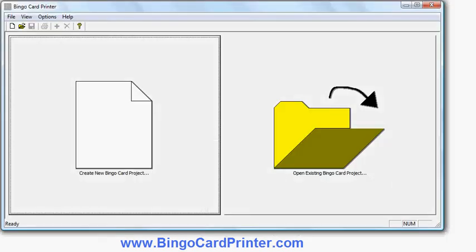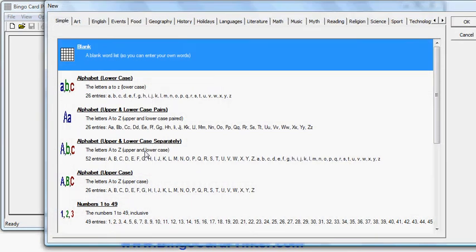Okay, in this video I'm going to show you how to make some Hanukkah birthday bingo cards using software called Bingo Card Printer, which you can download from bingocardprinter.com. I click Create New Bingo Card Project, and I have a choice of what kind of bingo cards I'd like